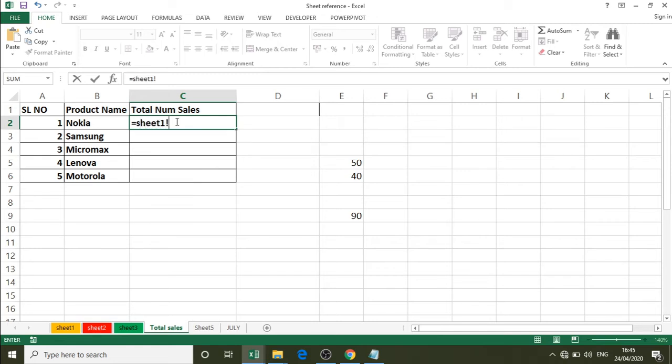Sheet1!C2 plus Sheet2!C2 plus Sheet3!C2. So we will use the fill series.